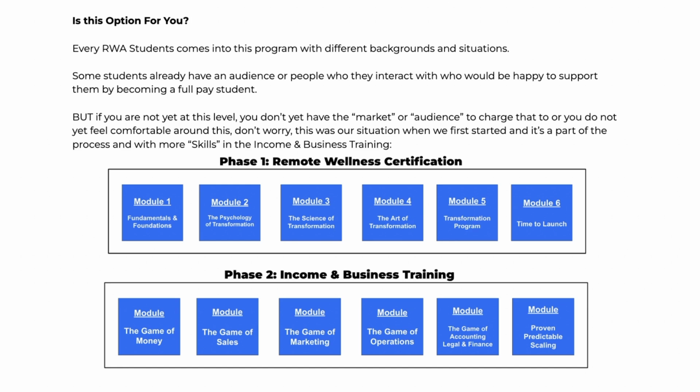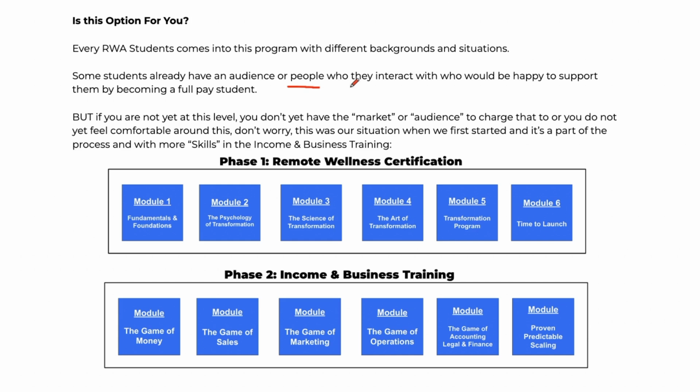You might have a background in sales. You might have a background in health. You might have a background in all of these different places that are going to contribute to this career change that you are making and being able to have this click for you, right? We've talked about this in the past as well. And so that is going to happen. And then also on top of that, some students are going to come into this program and maybe they have an audience already. Maybe they already have a lot of people that they interact with, right? Maybe they already have people who are willing to support them by becoming a full pay student, right? And so in that case, they're going to be able to lean on that. However,